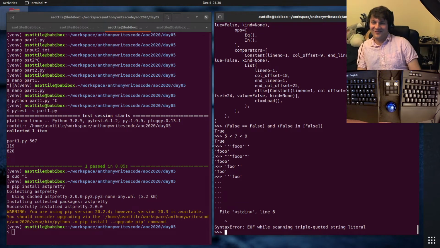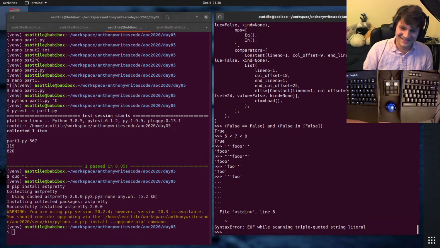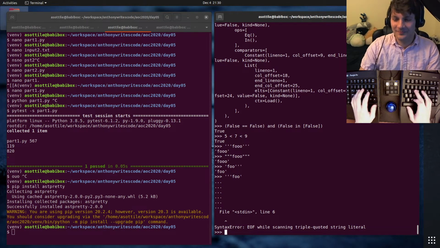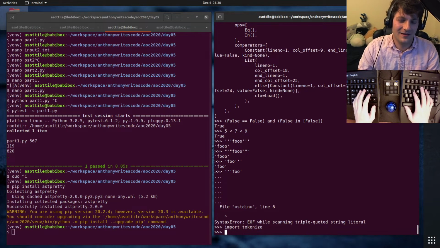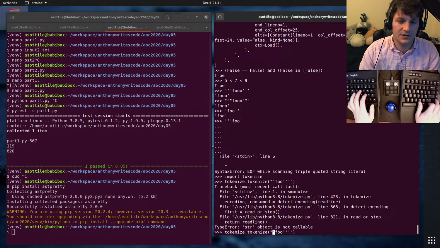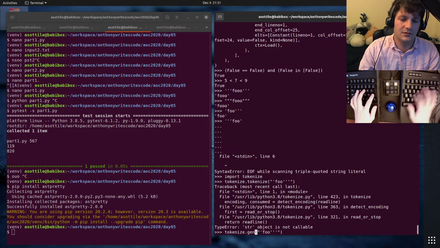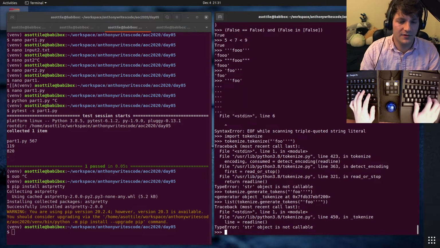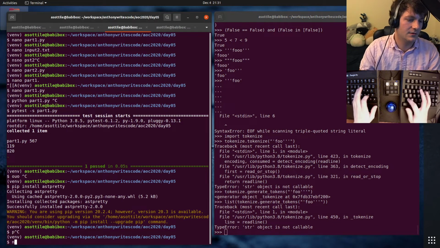And you might be like, wait, what? Why is this happening? The hint for this one, tokenize.tokenize, double quote, single quote, foo, triple, single quote, double quote. You do this again.